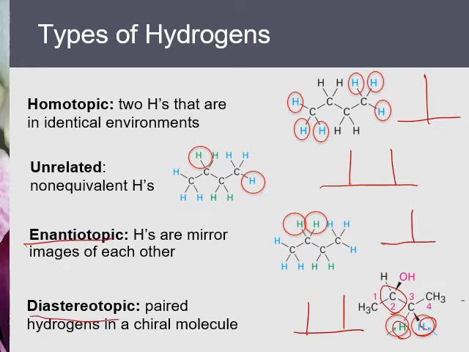One simple way is to look at 2 hydrogens attached to the same carbon, and look at the molecule. If the molecule is non-chiral, then these 2 hydrogens are enantiotopic, and they have the same absorption frequency. If the molecule somewhere has a chiral center, then these 2 hydrogens are diastereotopic, and they give you different absorption